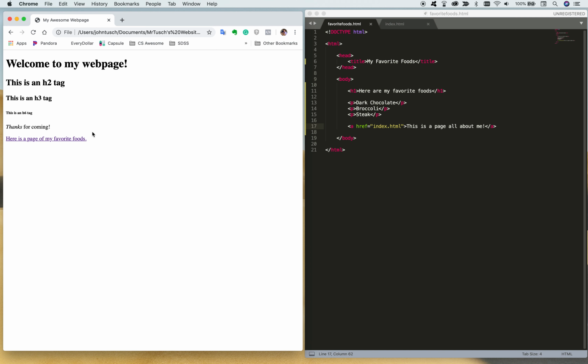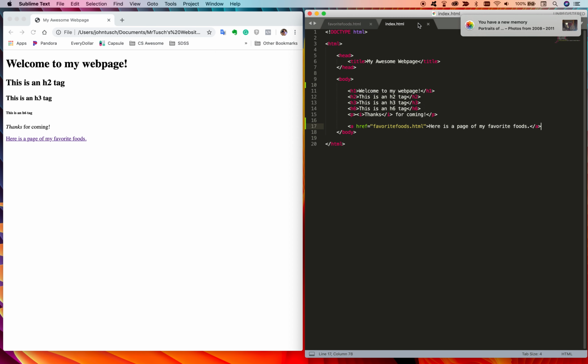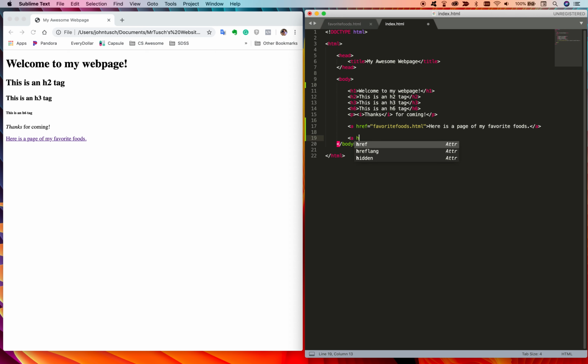What if I want to put in a Google search? Well, you can write a tag that goes within your website, or you can write a tag that sends people off your website. So here's what we're going to do. Sorry about that. I am going to add a tag to send people to Google. Opens the same way. A, href, and then you have to type in the full address if you're leaving the website. So if you're leaving your personal website and going to something outside of your site, you have to type in the full address,